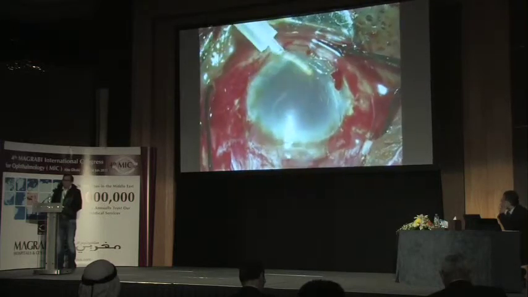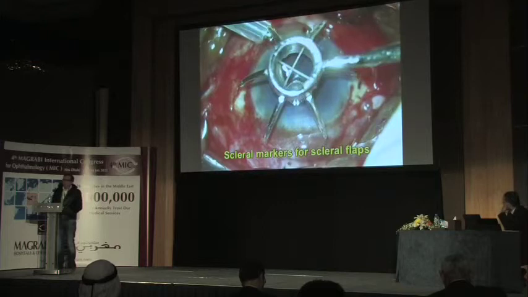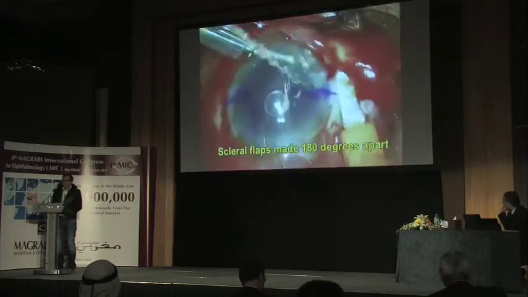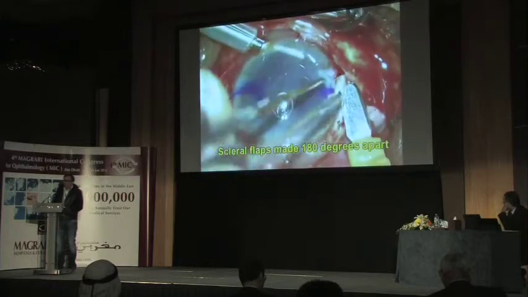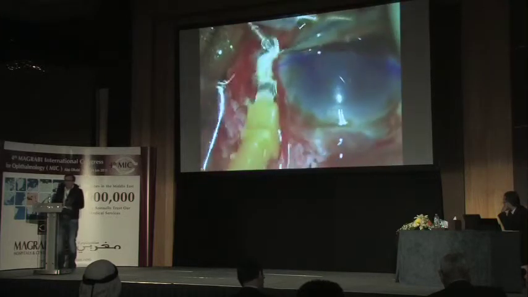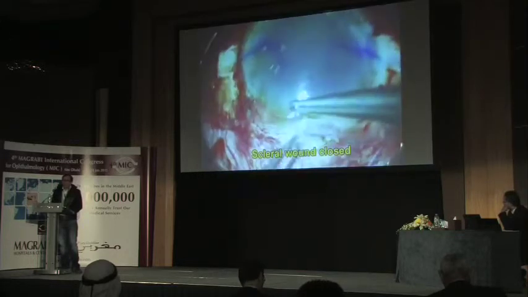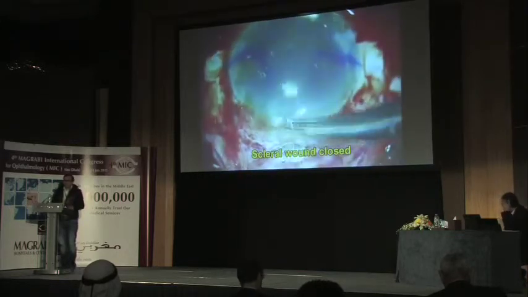So rather than doing anything, first fix an AC maintainer. I'm not fixing a trocar because I really don't know my anatomy very clearly at this stage, in this eye. Make my scleral flaps, suture up the scleral wound which is there. Once I've made my flaps, I'm going to suture up the scleral wound so that I have a good